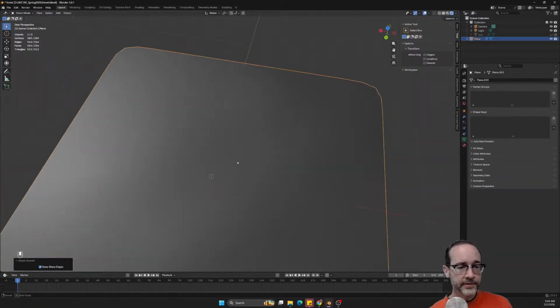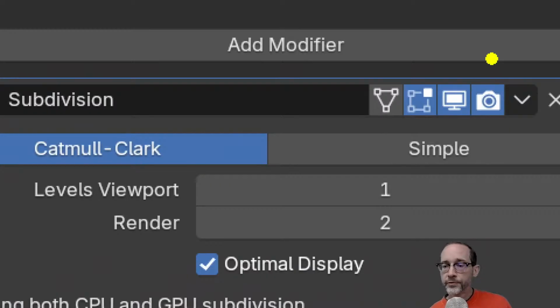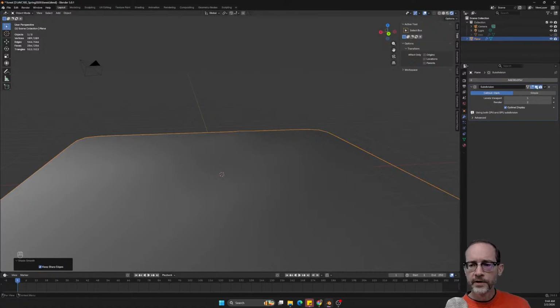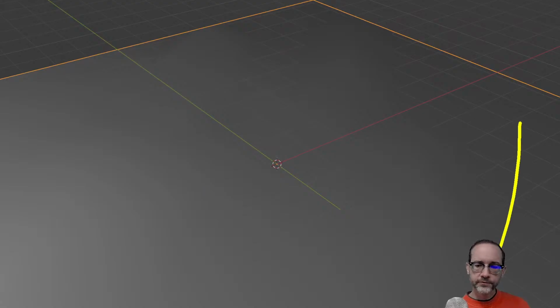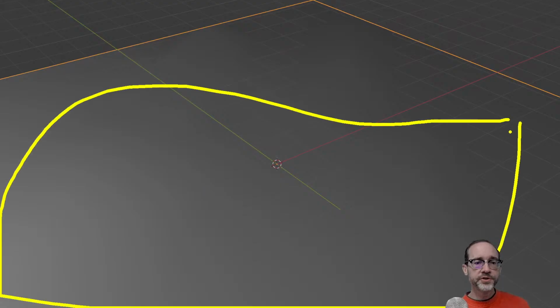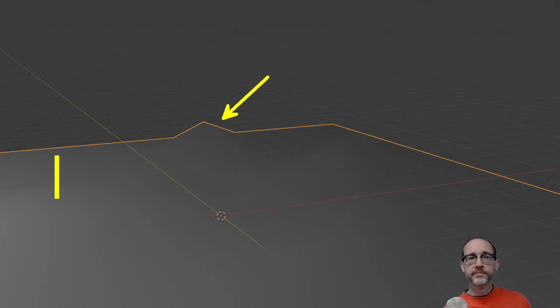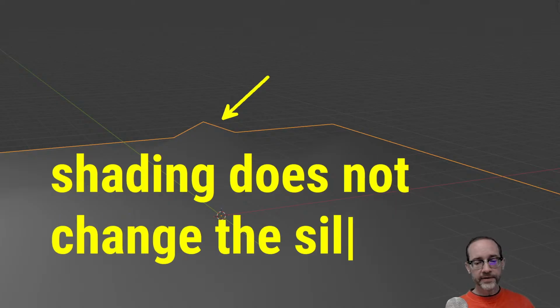Our smooth shading sort of smooths this out, whereas the subdivision, this little computer here, turns individual modifiers on and off. So if I turn that off, right? See how this looks smooth here still? That's because we're in smooth shading. But this part popped up, right? And so this is the artistic manifestation, is that the shading does not change the silhouette of